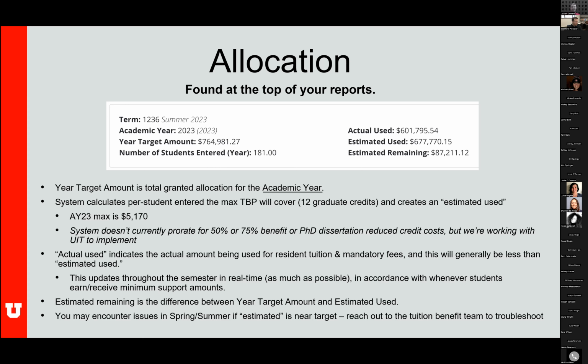Now, the actual use indicates what is actually being pulled from your allocation for resident tuition and mandatory fees. This will generally be less than your estimated use just by the nature of the process. Not all of your students are going to be 100% TB. Not all of your students are going to go for 12 credits. And so generally you'll see your actual use be a little less than your estimated just by the nature of